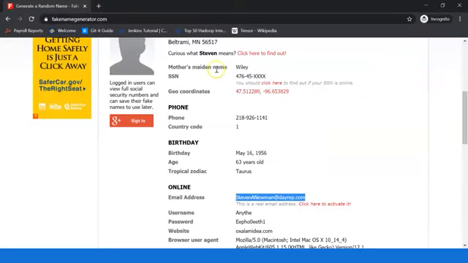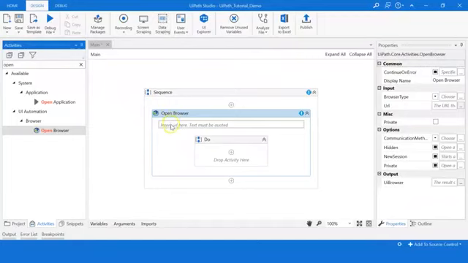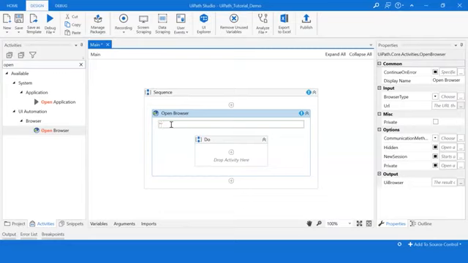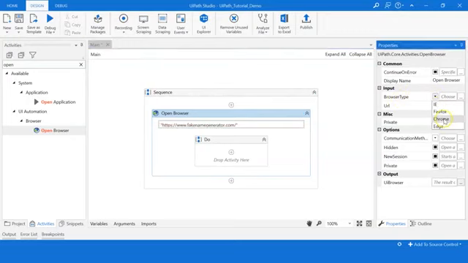So I'll go to my website, copy the URL, and paste it within double quotes. Now we need to select the name of the browser where you want to open this website. So under input and browser type, I'll choose Chrome.